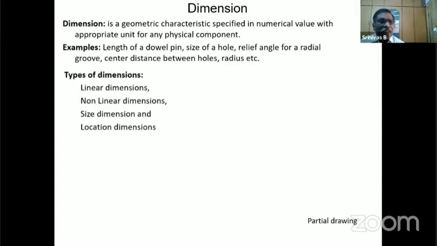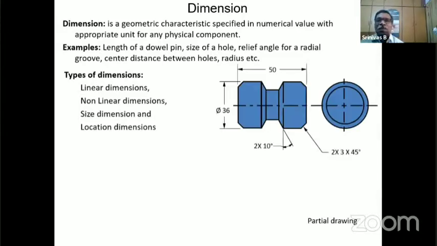Location: you have defined a pin of diameter 10 and its height is 20 mm, but it has been press fitted somewhere in the plate. Where has it been press fitted, sir? It is in the hole, agreed, but where is it? You must have coordinates for the location of the pin whose size is dia 10 and the length is say 50 mm. Do you agree? So I would show you those things pictorially so that you would be able to appreciate these 4 kinds of dimensions.